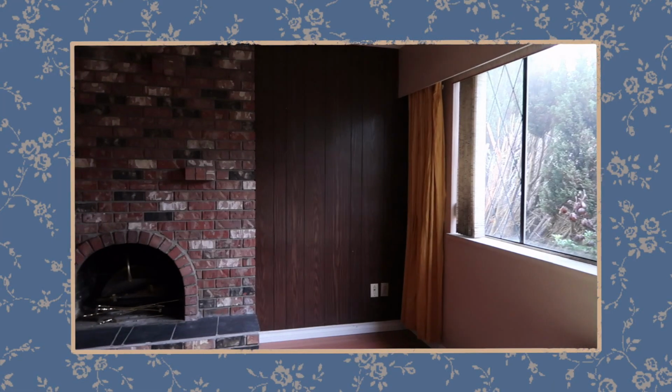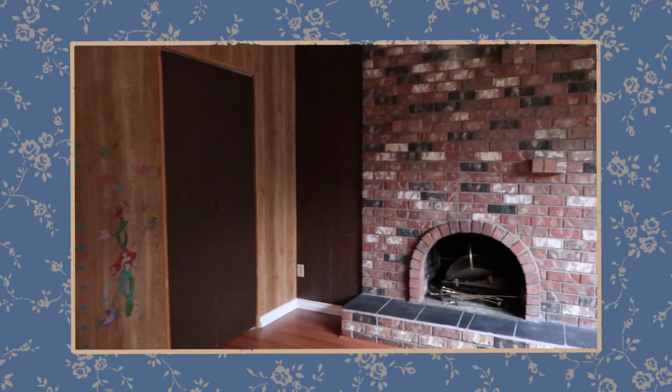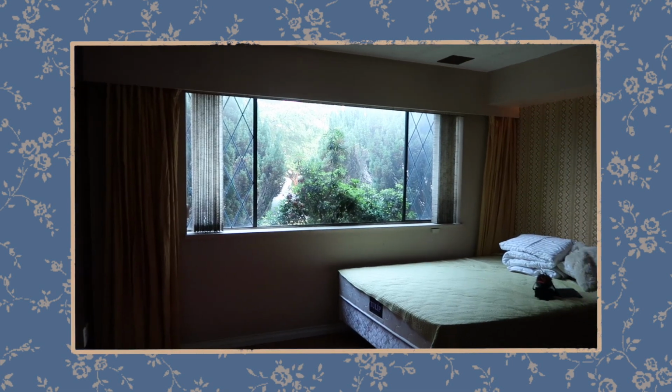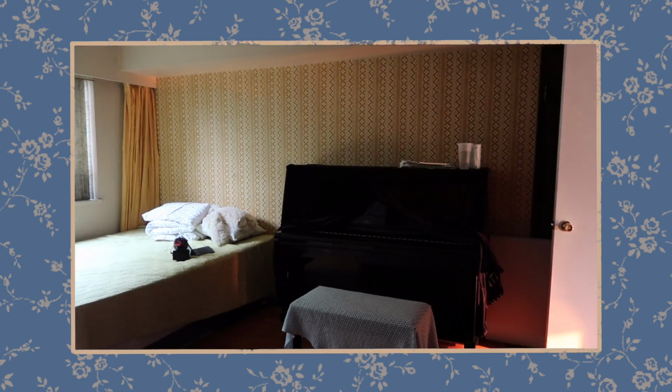So essentially we have this, it's like a glorified storage space at the moment. It's supposed to be a guest room for when people come over, but obviously right now we are in the middle of a pandemic. So I wanted to transform it into a music studio, music space, creative environment